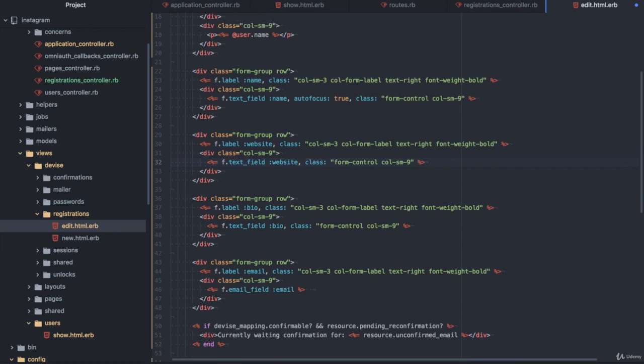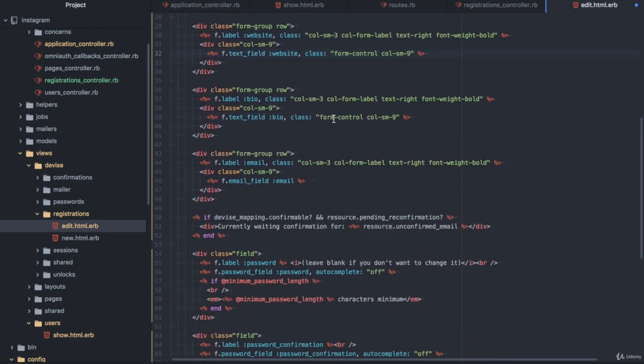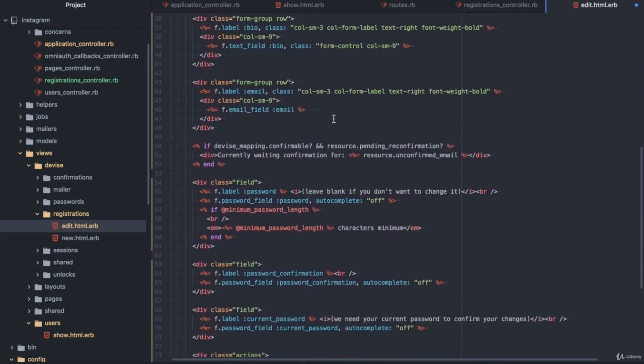Okay. Only name, the first one, is autofocus. This should be class form-control col-sm-9. So for the password, we have form-group row,